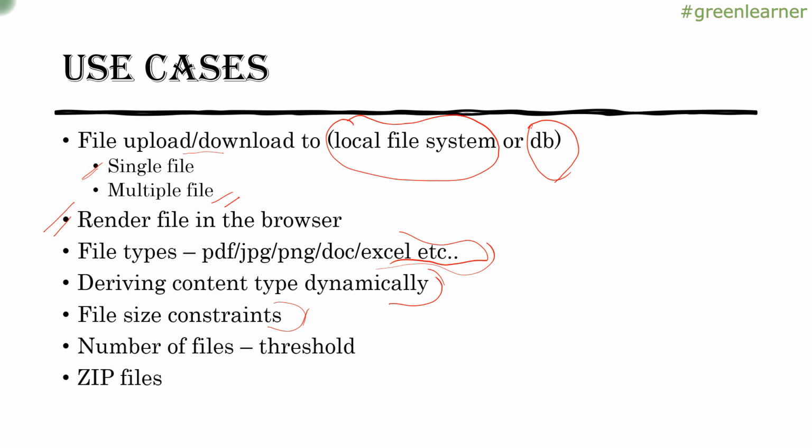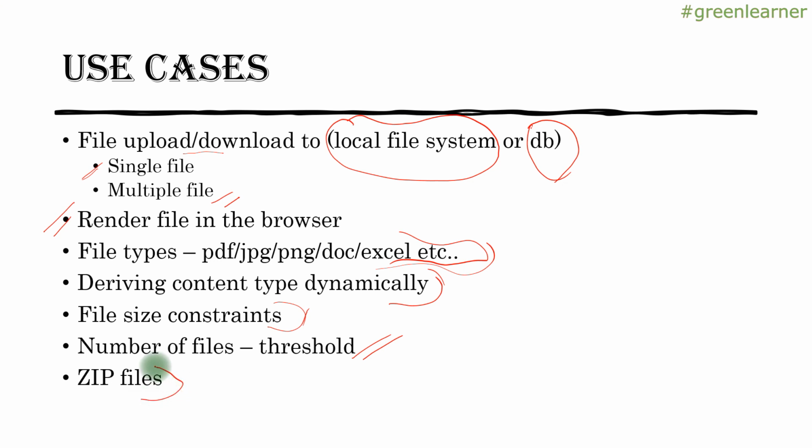For example, if you have filled any form, when you upload a photo or a signature, there is a proper guideline on how you have to upload and what the size should be, and if your photo or your signature does not meet those criteria, it fails. So how do we put those file size constraints? And the number of files at a time: how many files can you upload? If it is a multiple file option and it is allowed that at a time you can select only 5 files, you cannot select more than 5 files, right? So how do we put that constraint?